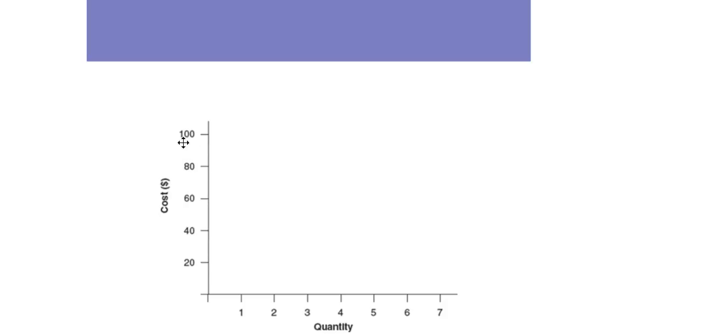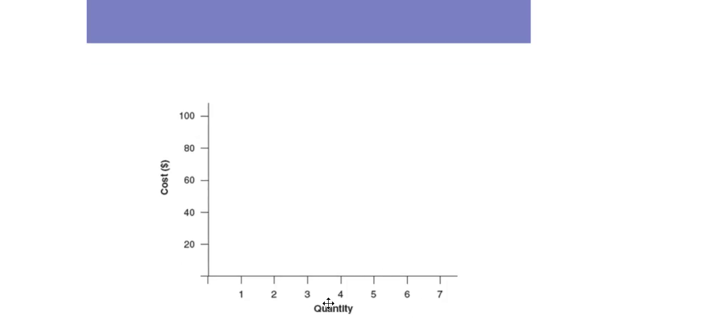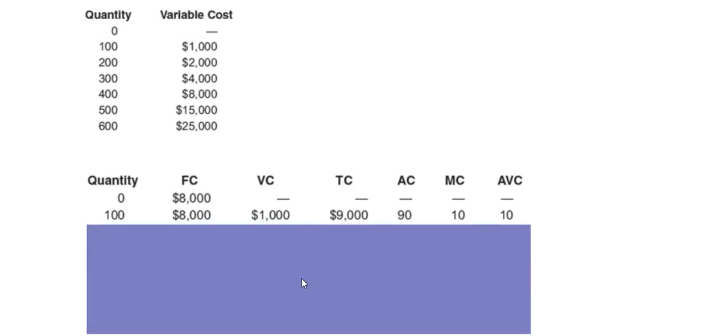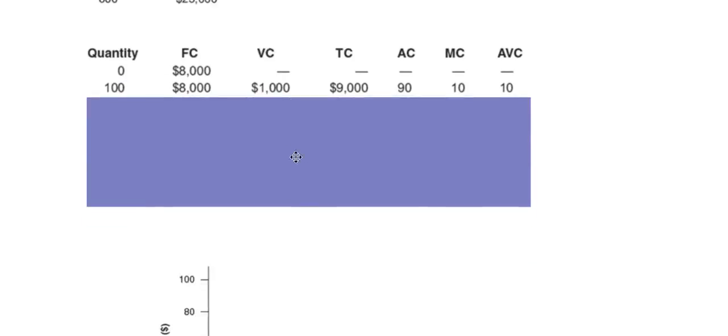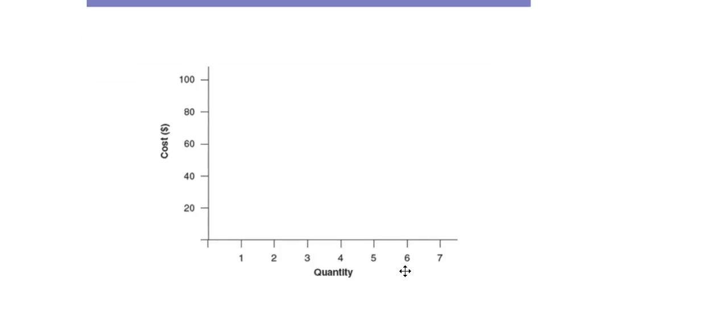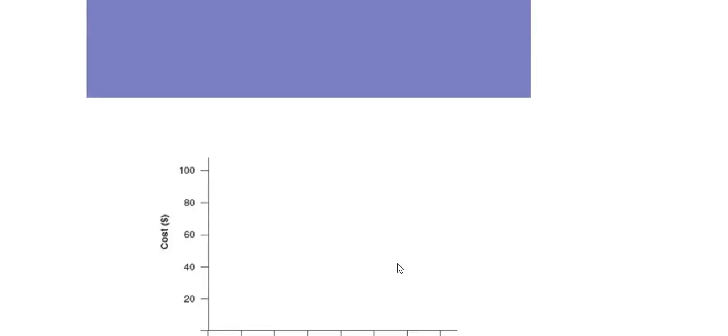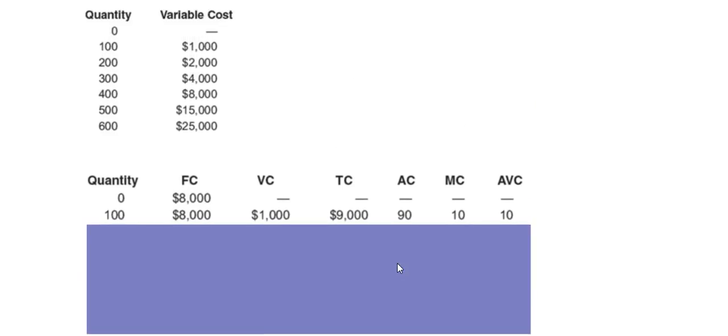You're going to have a lot higher cost on this y-axis than you're going to need for your other 3 curves. So you want to graph your cost on the vertical axis and your quantity, and this is quantity, I believe, in hundreds, the numbers that you see here on your horizontal axis. And that should be fairly simple to do. Okay,